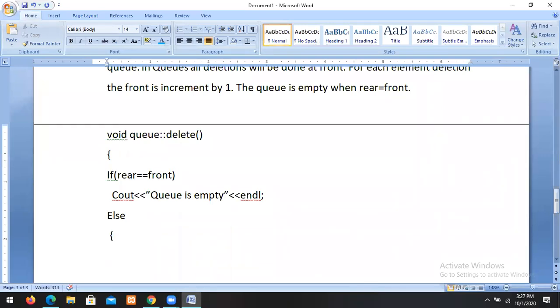Whenever we delete an element, the front value is incremented. We are always deleting the elements at front. So front plus plus, front equal to front plus 1. Deleted element is Q of front.